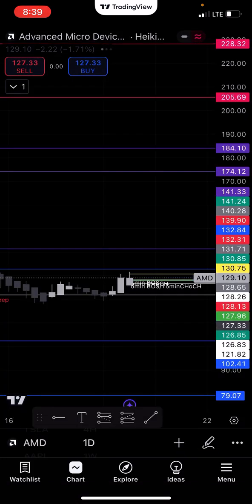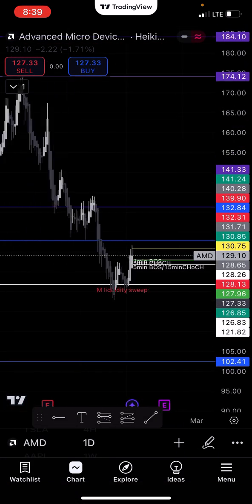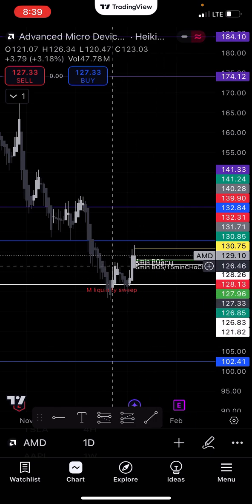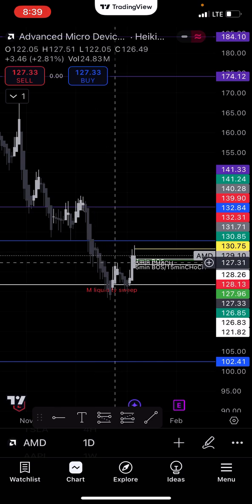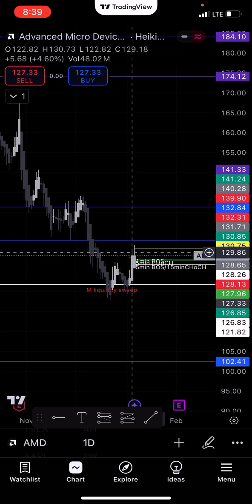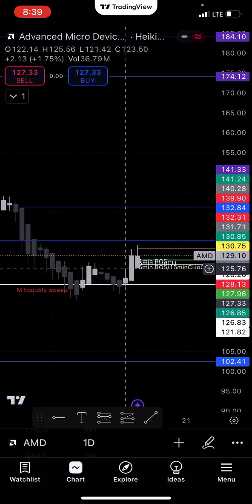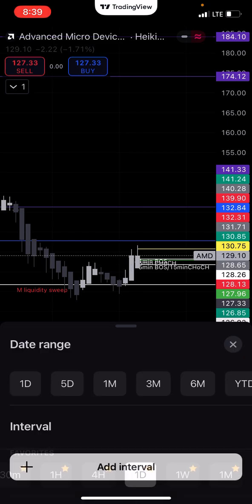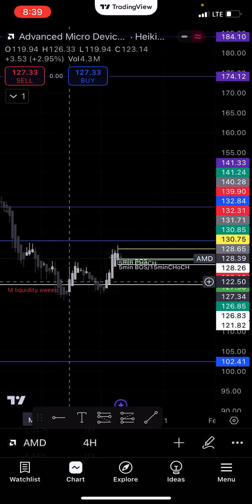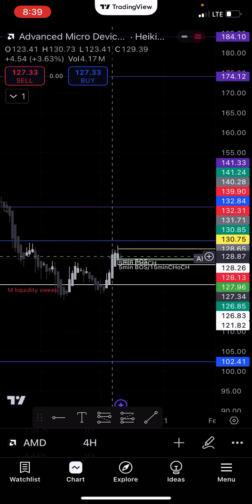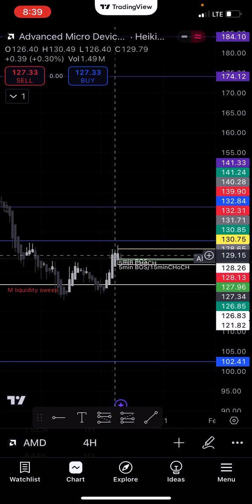So then I went to the daily time frame, and I noticed after we swept this monthly liquidity, we got a daily change of character with our daily breakout structure. And then I'll go to my 4-hour time frame. I noticed we got the change of character right here, and we also got our 4-hour breakout structure. But them happening at the same time isn't really healthy, so I knew we were gonna